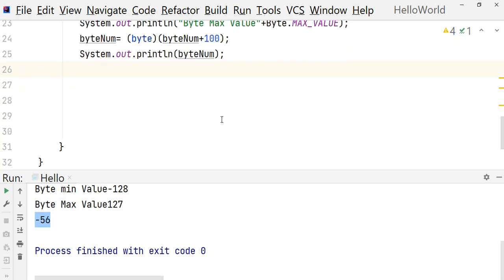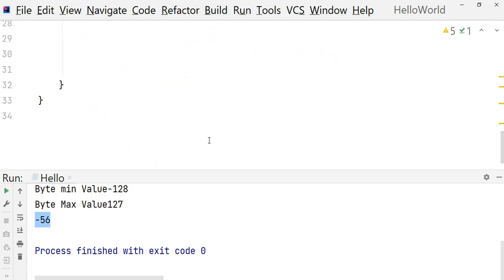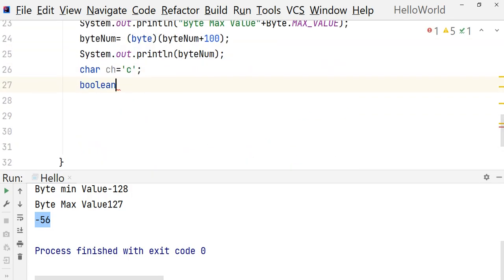Another interesting one is char. If you want to store characters, you can use char, like C or B, so you use the data type called char. And another data type, boolean. We often use boolean in our application programming. Boolean is used to store values like true or false. isOpen equal to true, and in the same way you can set the value false also.